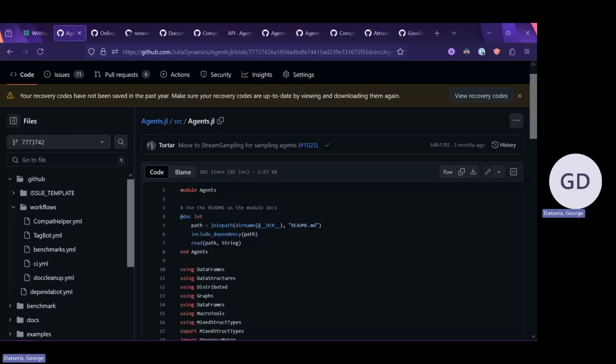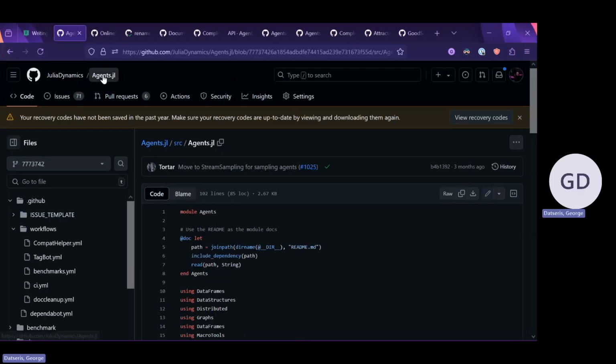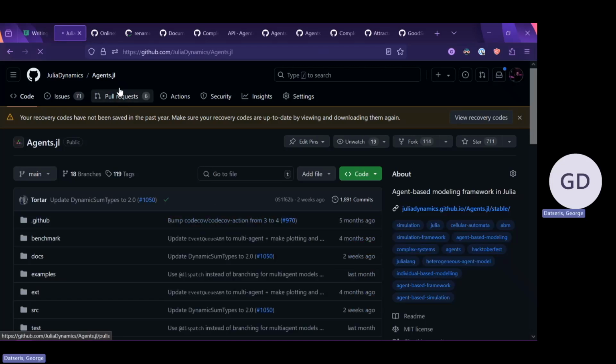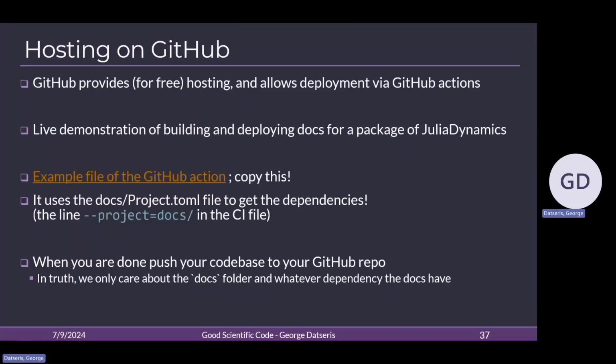Where will you see it? If you go to the main page of your repository that you just pushed to, if you do a pull request, it will be visible in the pull request. If you just push immediately to your main branch, this check mark here will be a yellow dot, and you can press it and then go to this build. But that's really all there is to it.